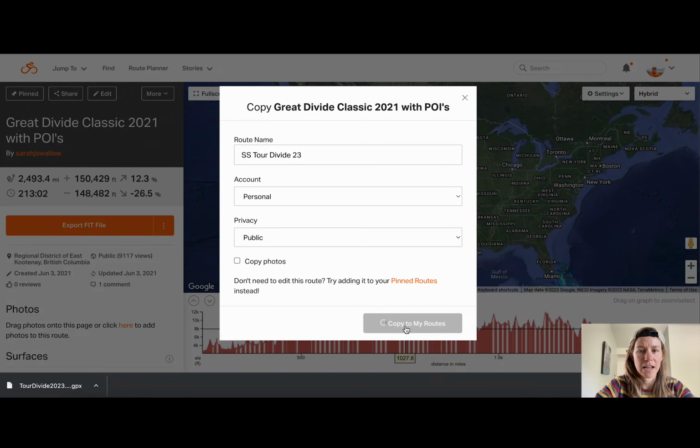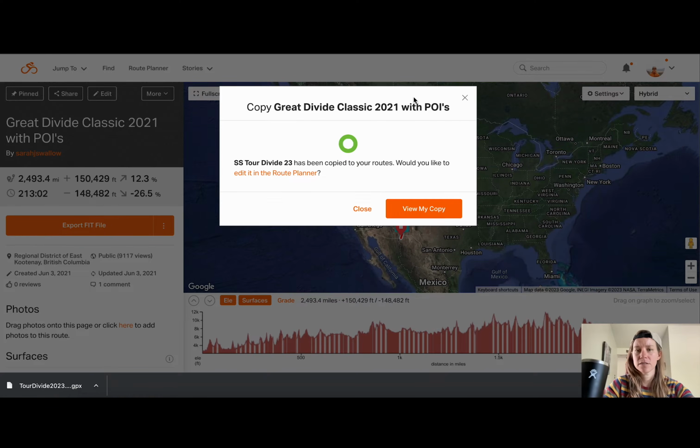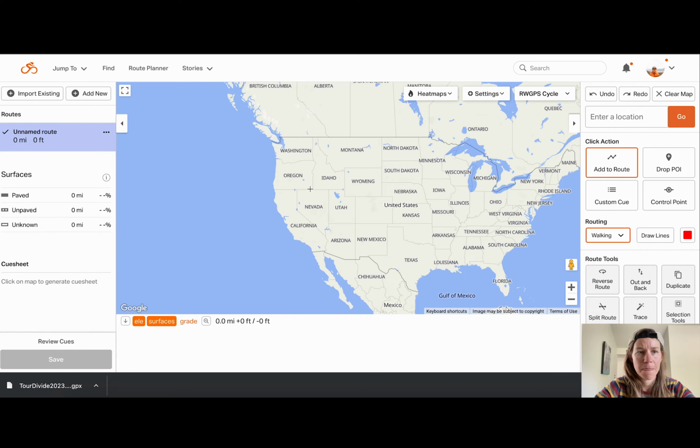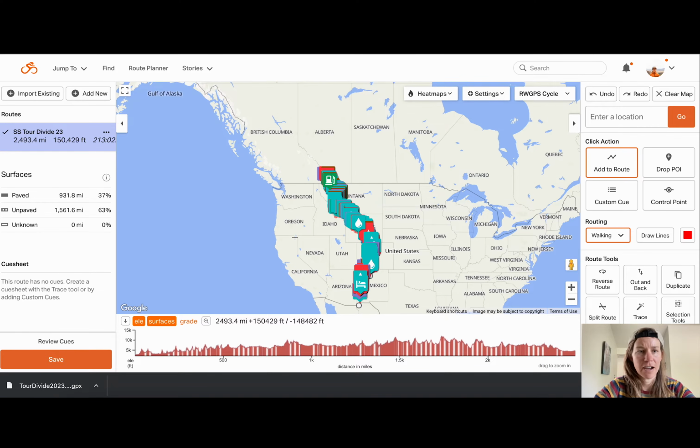And just by doing that, that will copy the POIs to this new route. It's just taking a couple of seconds. Okay, so I'm going to edit this route in the planner. So you see now I've got a copy of my Great Divide Classic route with the POIs,